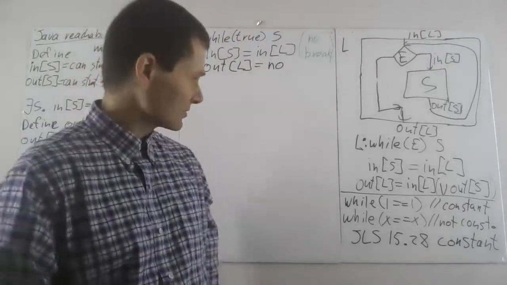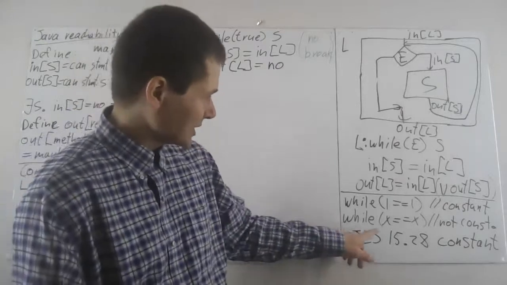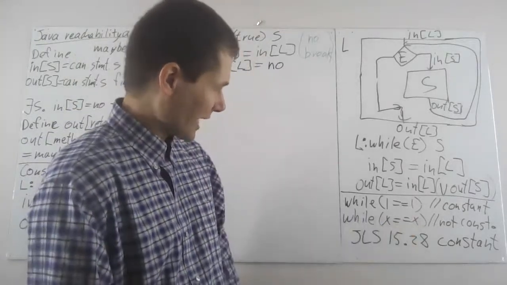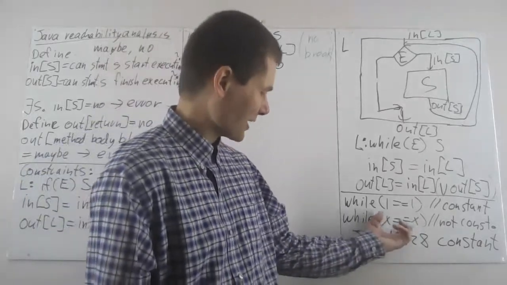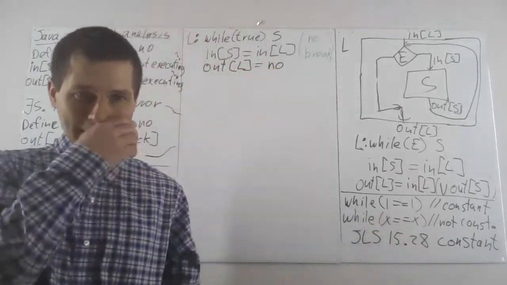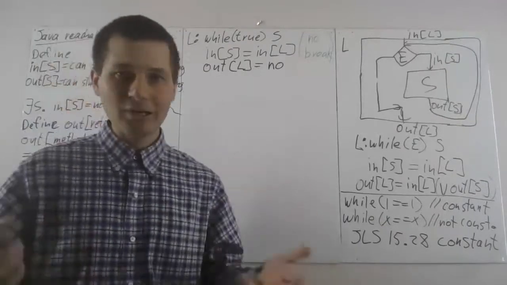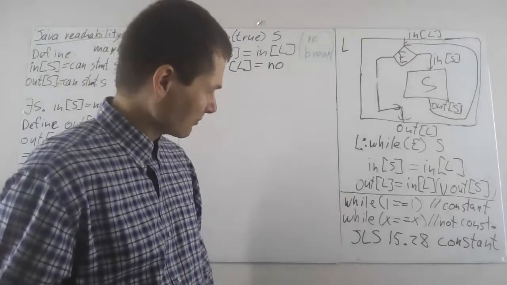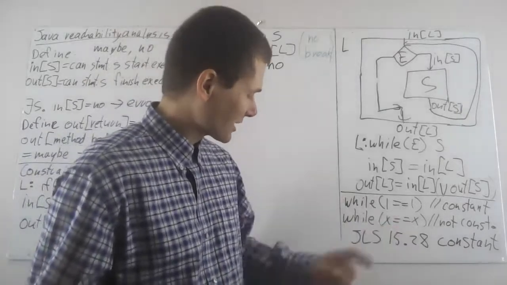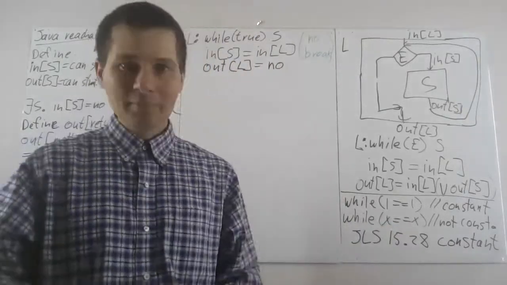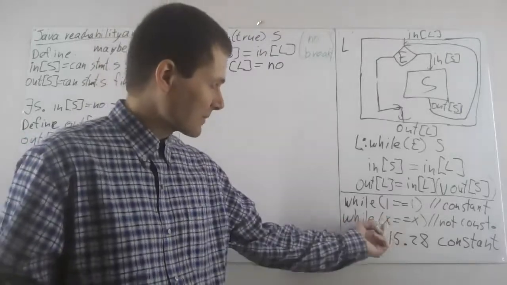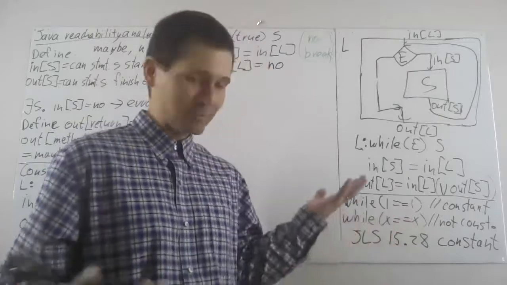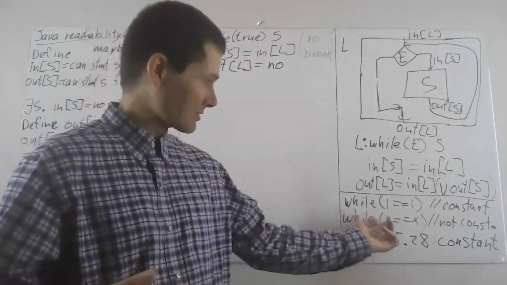Just as a crazy aside, in Java there's a case where x equals x could actually be false, and that's if you have floating point numbers, and there's a weird floating point number called not a number that is not equal to itself. So in that case, this could actually evaluate to false. But really, the reason is that even if x was of type int, where it is always true,